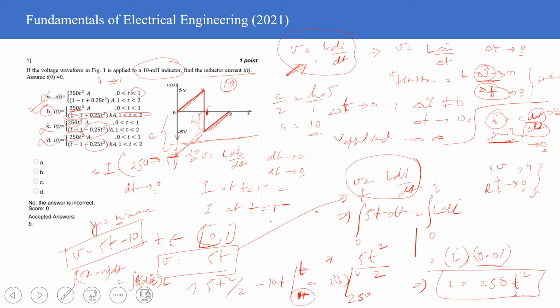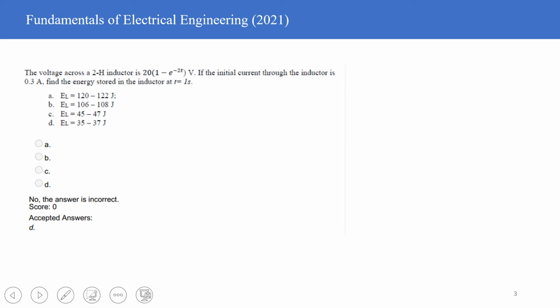So I am hoping that this was clear to all of you, and with that, let me jump to the second question. Okay, so I've now moved on to the second question. The second question is stating that the voltage across the inductor is given by this particular quantity. If the current through the inductor is 0.3 amperes, find the energy stored in the inductor at time t equals 1 second. Okay, so energy stored in an inductor is given by half L i